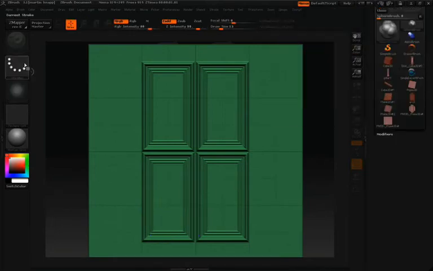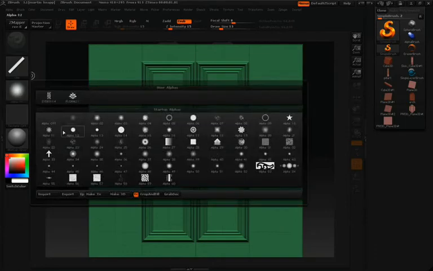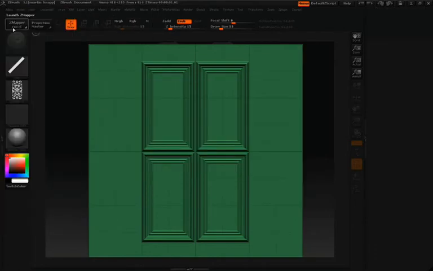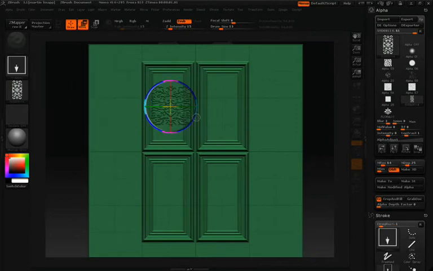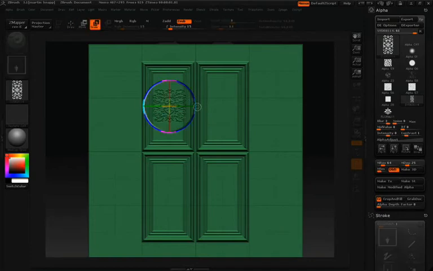Now, just like we did with the pillar, let's add a lot more detail, and the way we're going to do this is with that alpha that we used earlier. So we'll go ahead and select it in the alpha palette, do any blurring if you need to do so, and we'll use our drag rectangle to draw that in, and use move, scale, and rotate to position that a bit better to get it in exact place. And once we have it looking exactly like we want to, we will Shift S and duplicate that 3 more